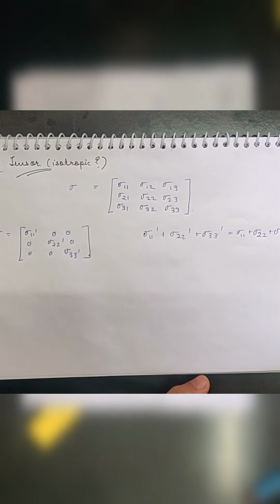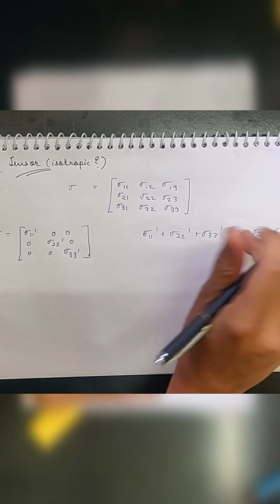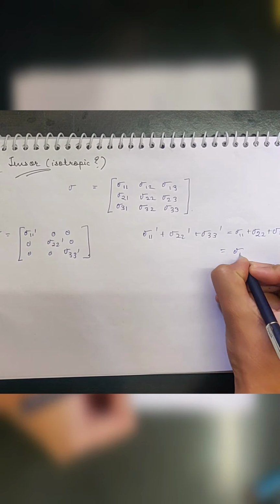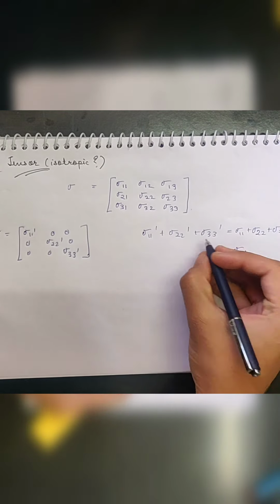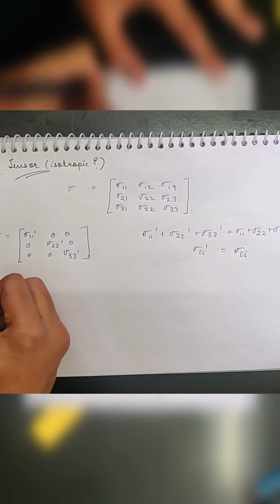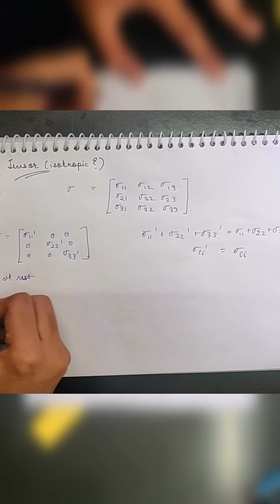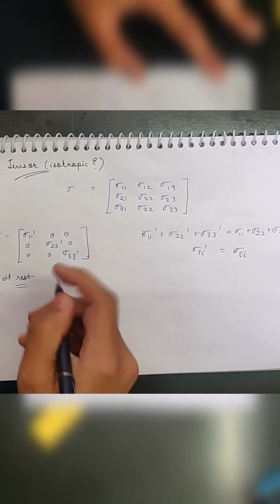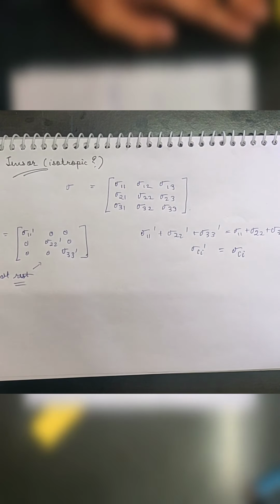These are the principal stresses, sigma 11 dash, sigma 22 dash, sigma 33 dash, and they are related to the stress of the previous stress tensor matrix. We can also write it as sigma ii in index notation. Okay, so if we are saying our fluid element is at rest, we can say this can be the stress tensor for the fluid element. So we will